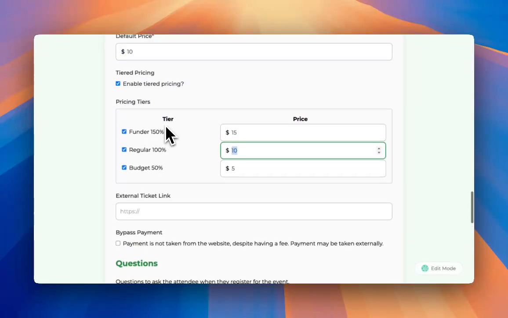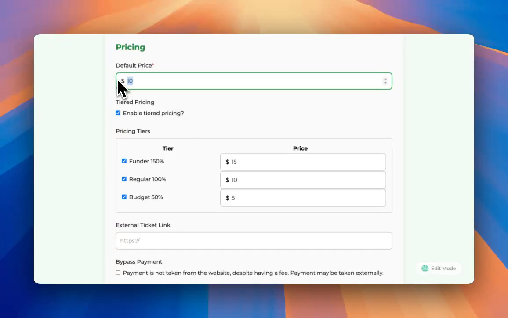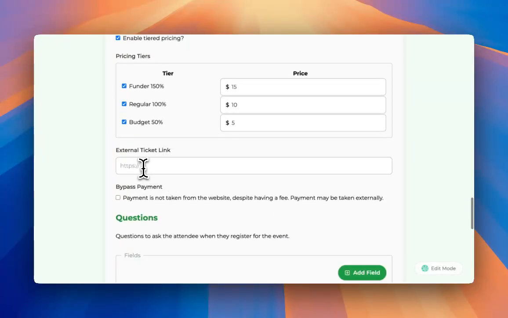And then for some events, you might not want to actually take in money. Some events might charge money, but it's actually a different organization that's running the event. So really, you're just creating an event within GroupFlow to let your members know about this external event that this other organization is putting on. And then you can tell the attendees what the price is going to be when they register on this external website. So this external ticket link, when you do put in a link,